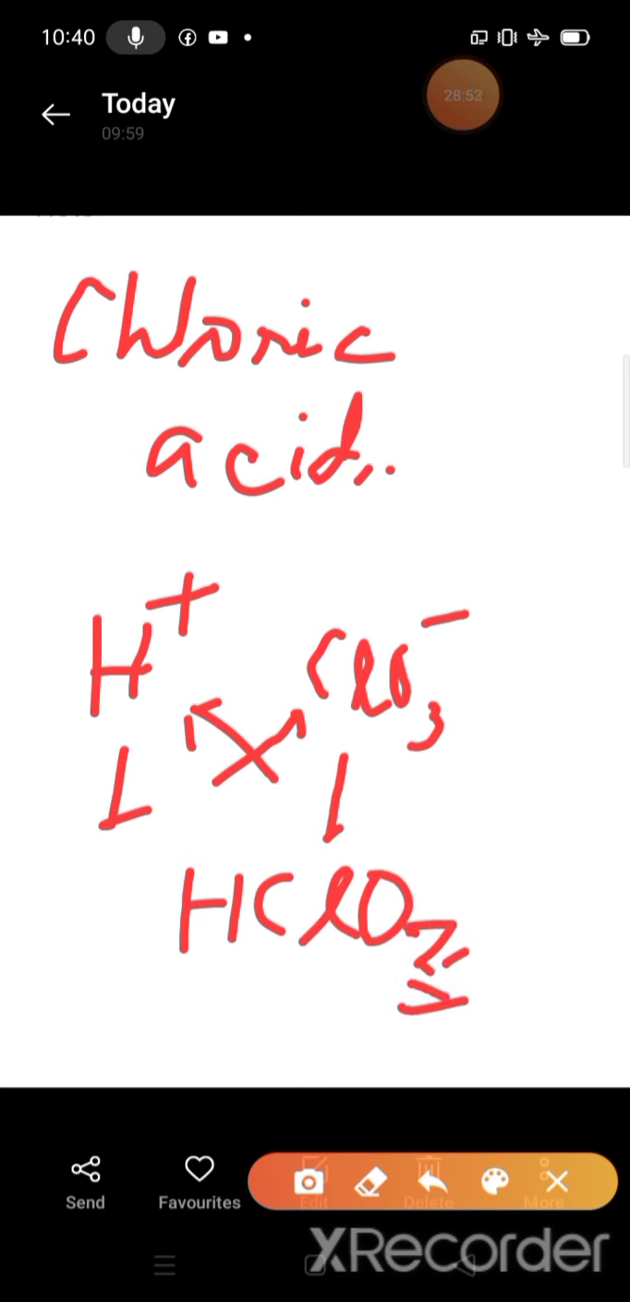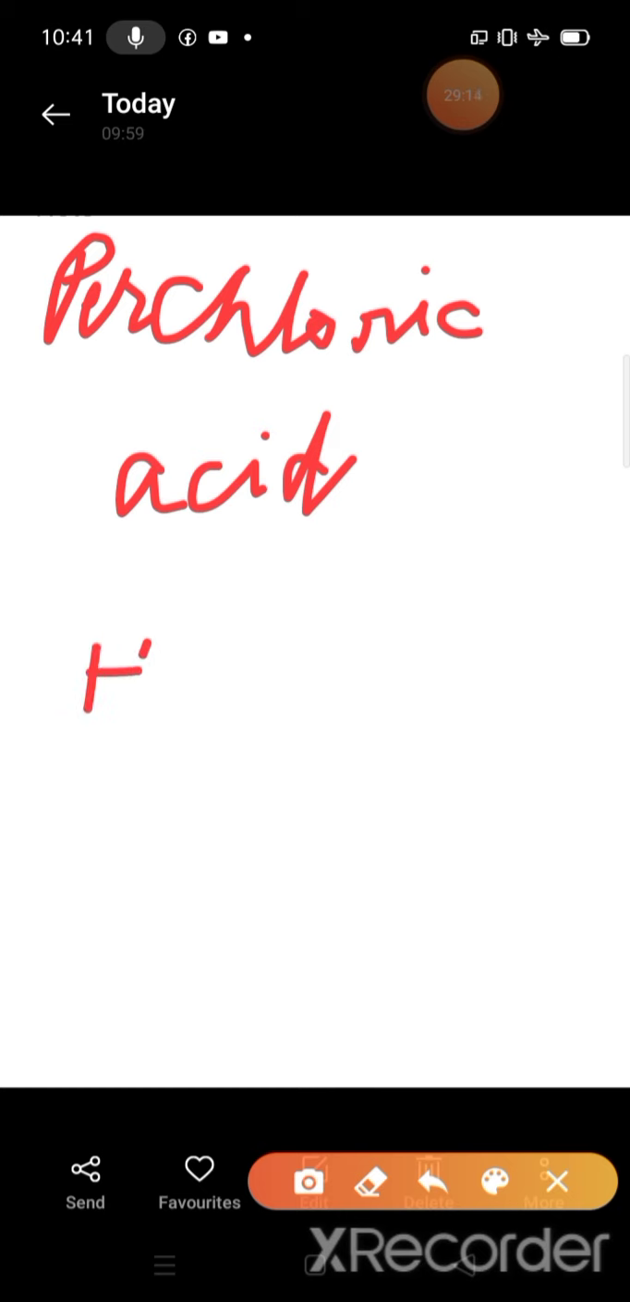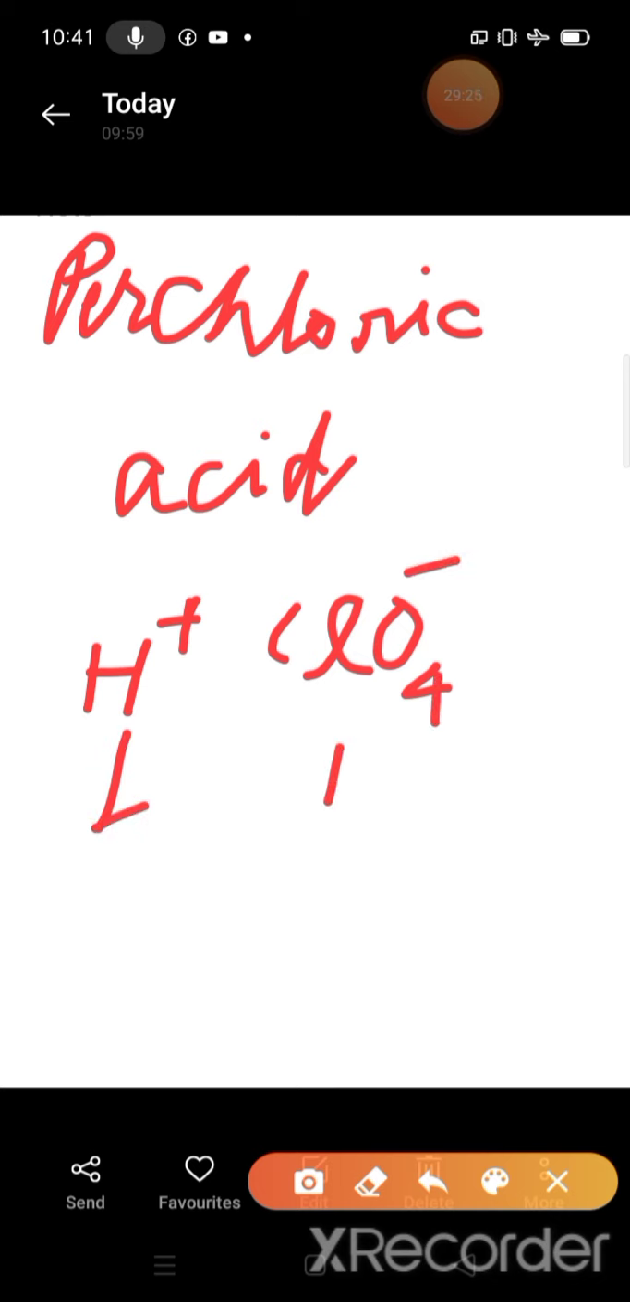Next one is perchloric acid. Acid means H positive. Perchloric means perchlorate, which is ClO4 negative. It is 1 and H is also 1. The valencies are cross transferred. Then the formula is HClO4. Now we are going to discuss some organic acids,